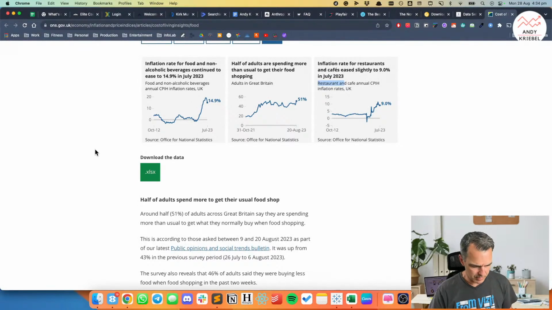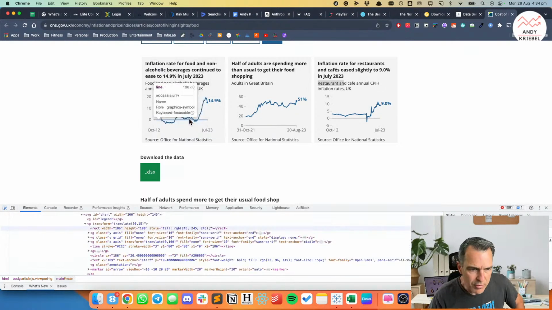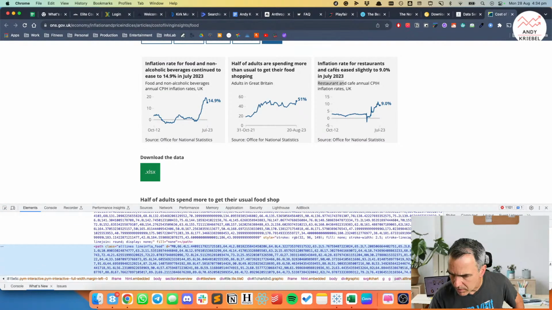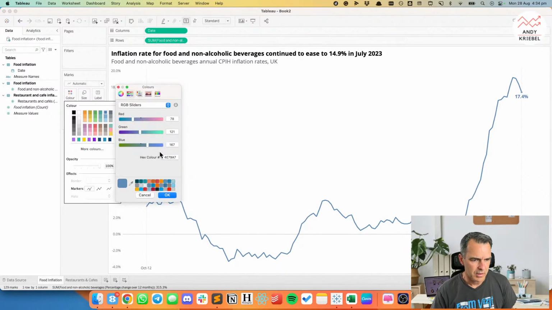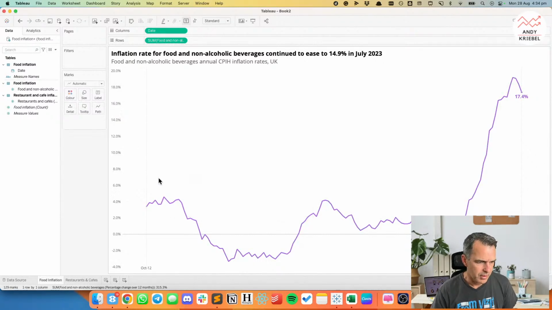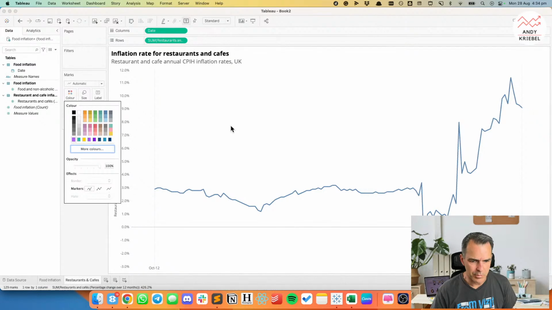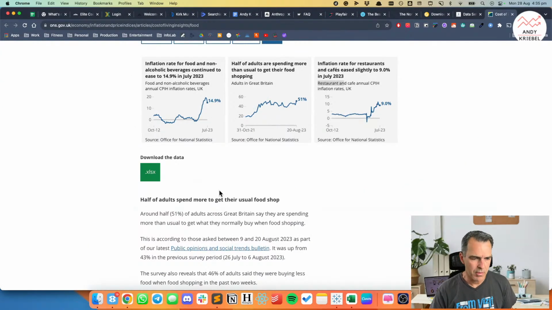So now the other thing I can do if I inspect this again is let's see if I can pick out that color on the line. Is there a way for me to look at the color of the line? Let's see. Okay, so RGB is 32, 96, 149. Okay, so let's go color. Actually, let's just go with our own colors. I've been using purple lately, so I'll go with purple. I don't know why I've been using purple lately, but I have been. Okay, so that gives us our 2 charts here.